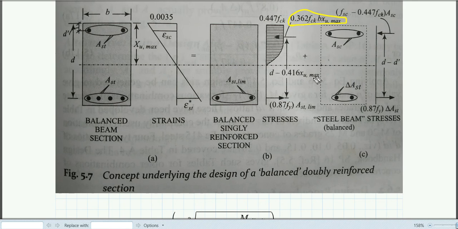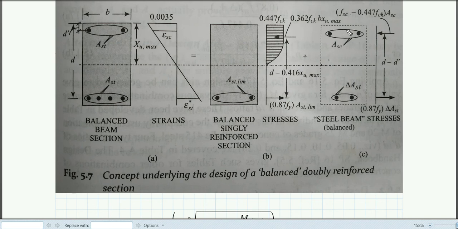We have to use this maximum value, because this steel we are going to provide at the maximum moment, or the limiting moment this particular section can take. Here you can also see Ast limit, the limiting value of steel that we can provide. But after providing the limiting value of the steel as well as the neutral axis, we are not able to get a moment of resistance more than the applied moment, so we are going to provide compressive steel.